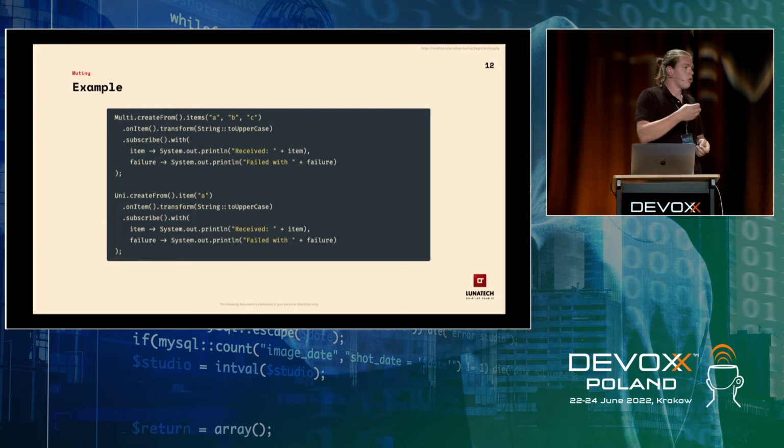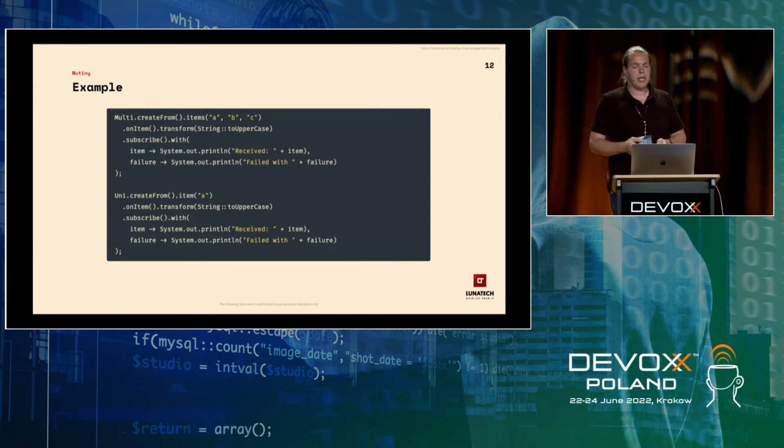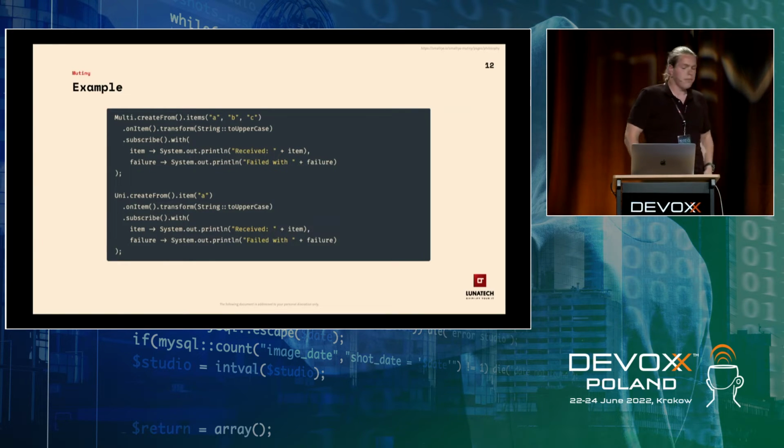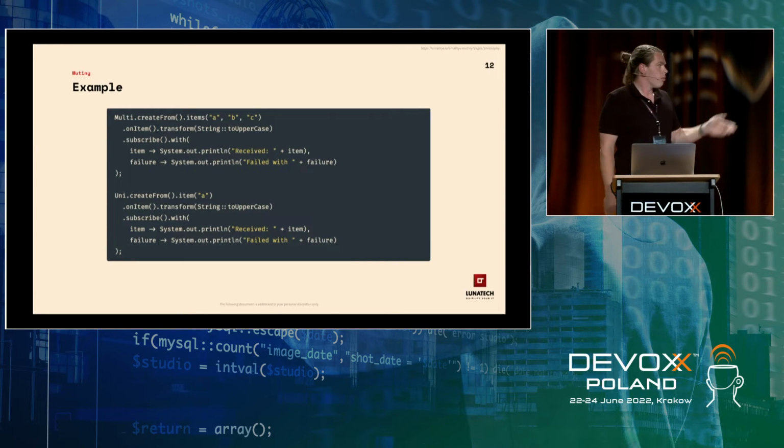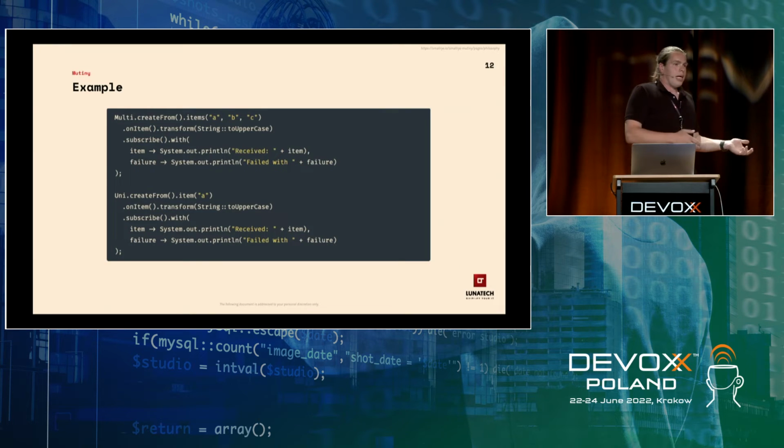Then I need to subscribe to that pipeline and say, what do we want to do with them? So if I then subscribe, I start consuming the elements from that stream. And, well, in this simple case, I just print them, or I print a failure. Then we have the second example. That's a uni. And that's only from a single element. So like I said, it guarantees you that you get something in the future, either the element or the failure. And that's what you see in the bottom. We subscribe to it, and then you get either the item or the failure in your logs.